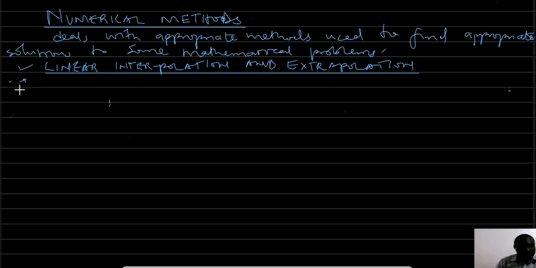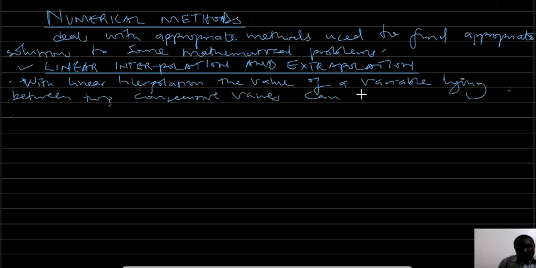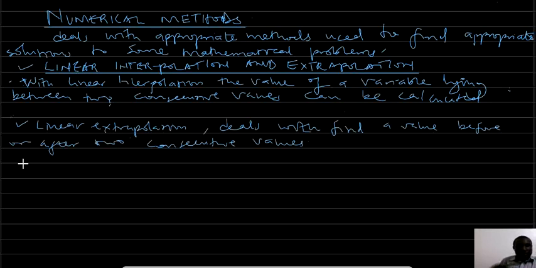With linear extrapolation, a value that lies before two consecutive values or after two consecutive values can be calculated. When dealing with these, the idea of gradients between two